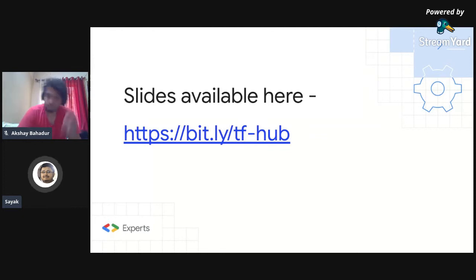If you want to take advantage of more of the web capabilities that come with TensorFlow JS, that's another option to explore.